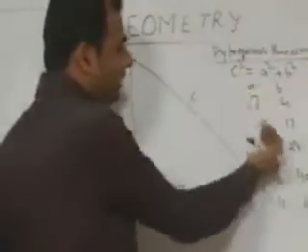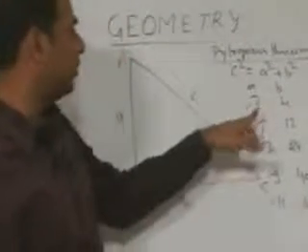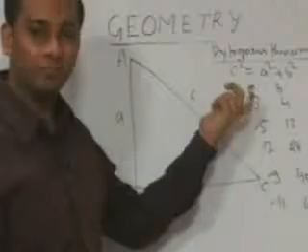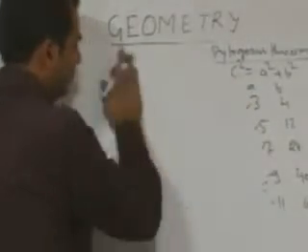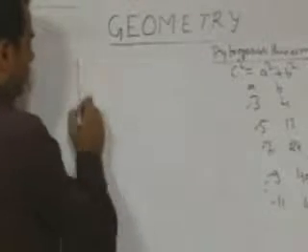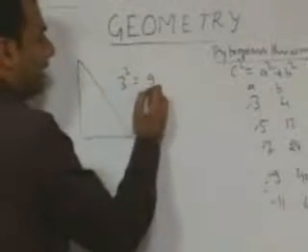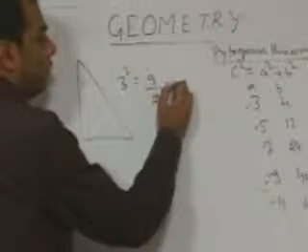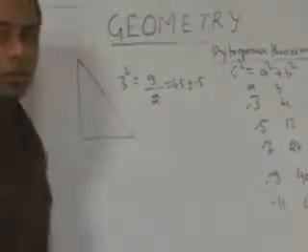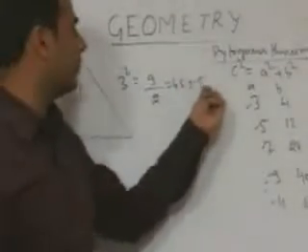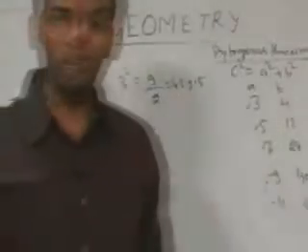So whenever it is starting with an odd number, you need to simply do one thing. For example, if I need to find the triplet starting with 3, so if one of the sides is 3, take 3 square, which is equal to 9, divide by 2, which is 4.5, and add and subtract 0.5. When you subtract 0.5, you will get 4. When you add 0.5, you will get 5. So 3, 4, 5 is one of the triplets.